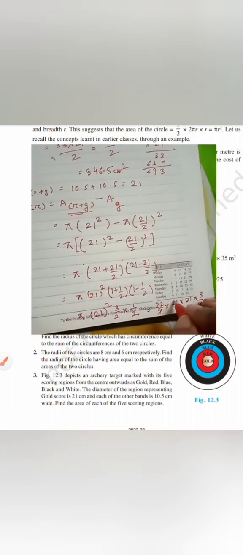So 7 3s are 21, 4 is there, I'll strike it with 2, 11. So I will have 11 into 3, so 11 into 9, 99 into 21,